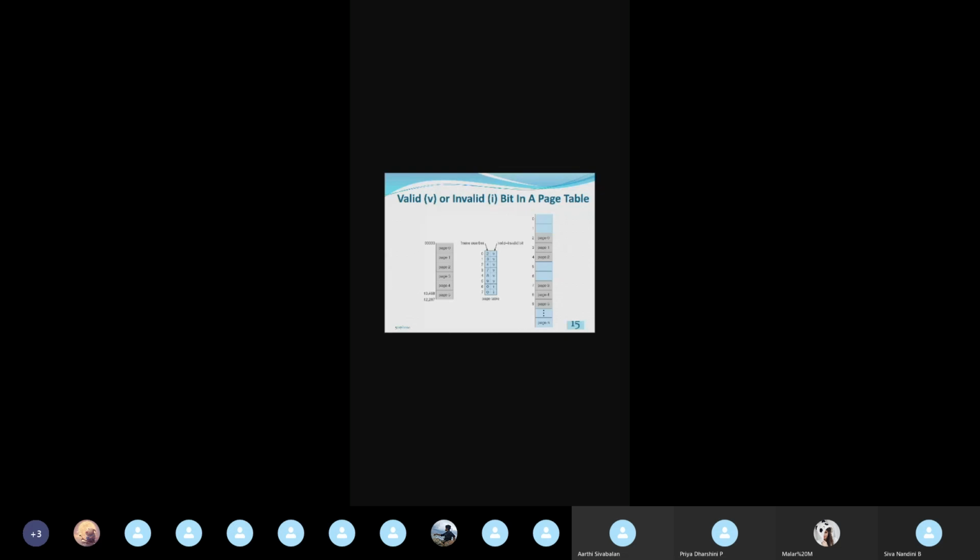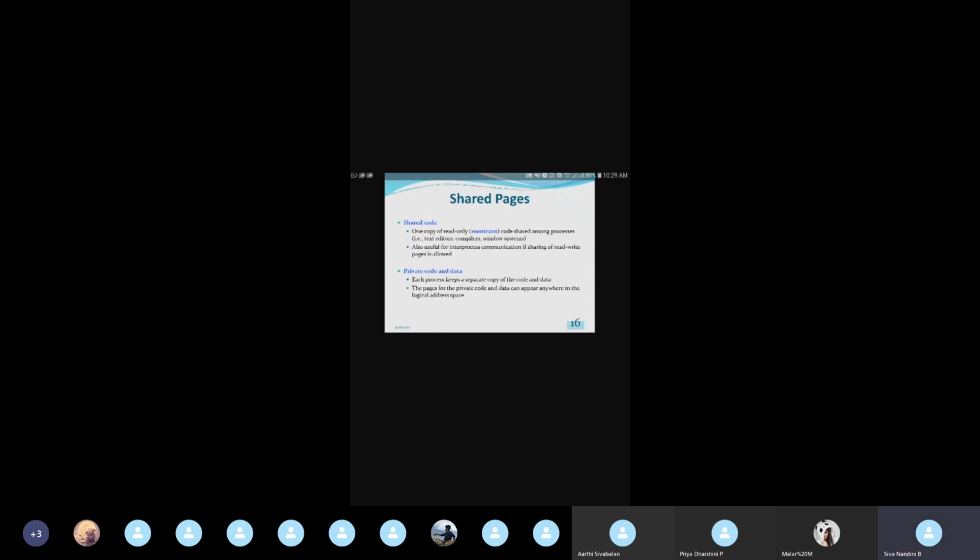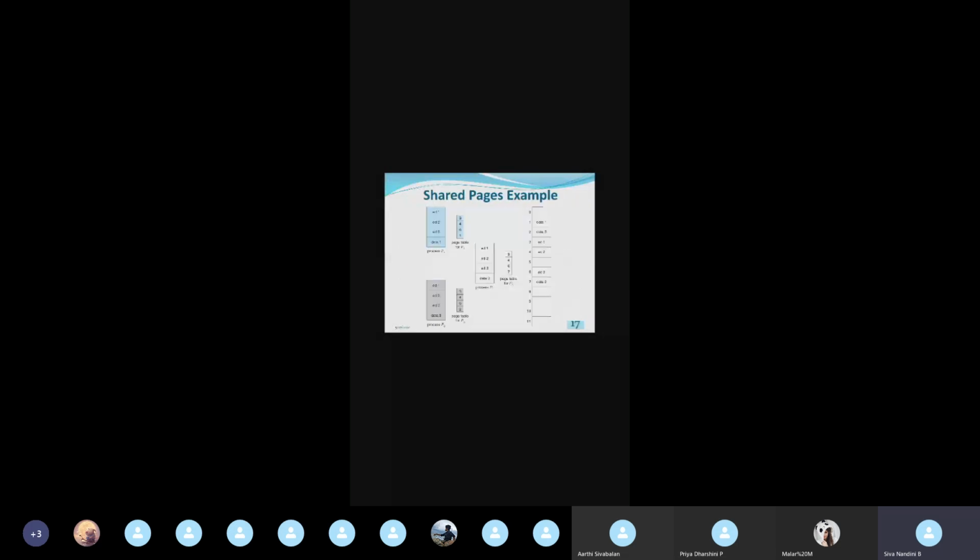So next we will see about shared pages. We saw pages; so what are pages? A set of instructions in a memory. This is a segment or part of memory that we call pages. Here, in shared pages, we will see an example in slide number 17 itself. If I explain with an example, you will understand it more clearly, I think.